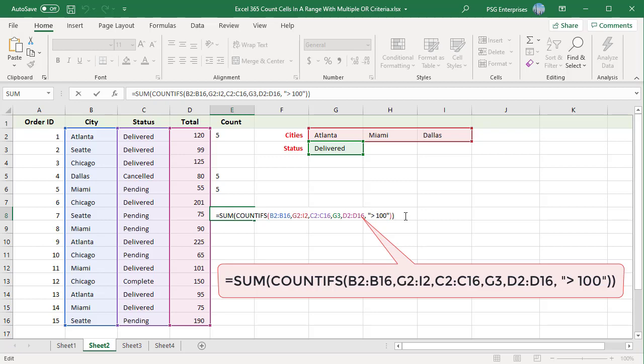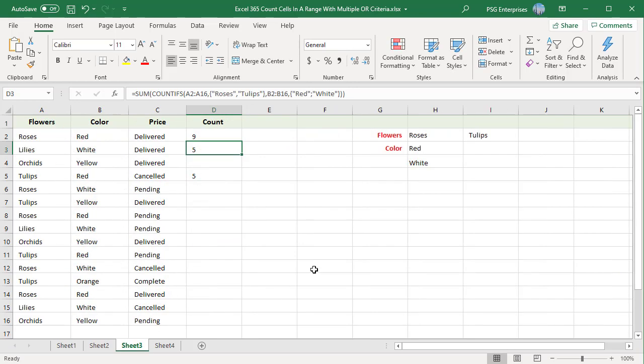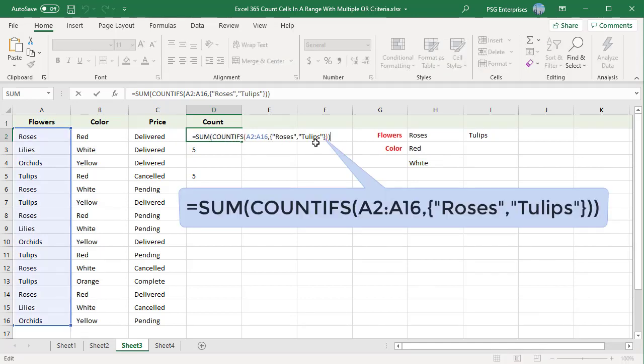To count the cells with multiple OR criteria, you can use COUNTIFS or SUMPRODUCT. COUNTIFS can only be used with two sets of OR criteria. For example, to get a count of flowers which are roses or tulips that are either red or white, you can use COUNTIFS. This formula counts flowers which are either roses or tulips.